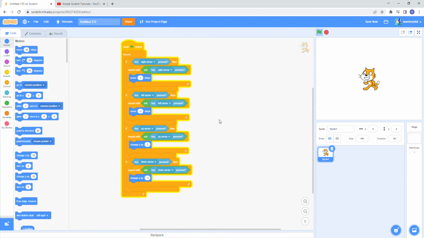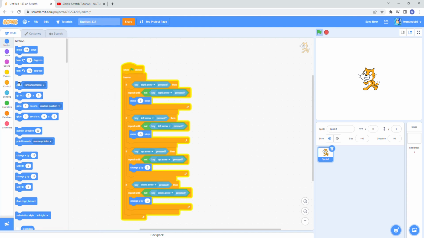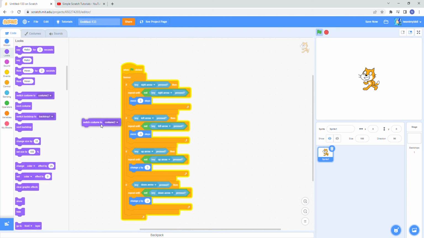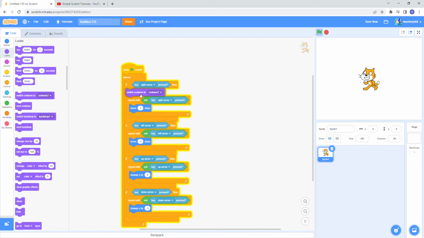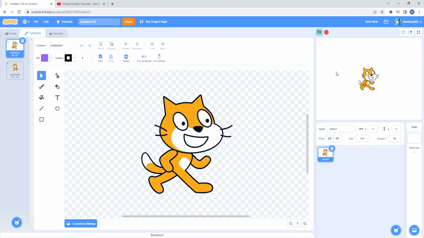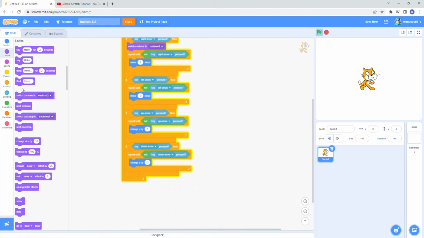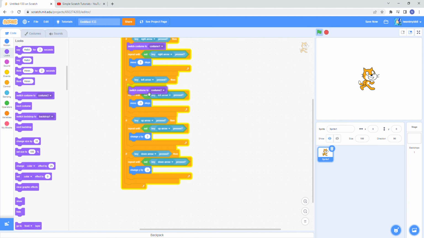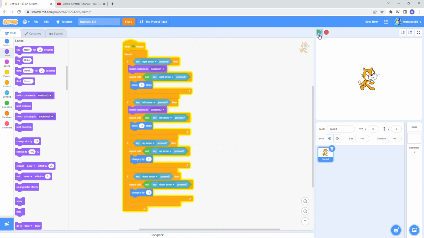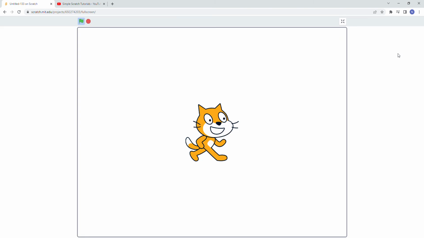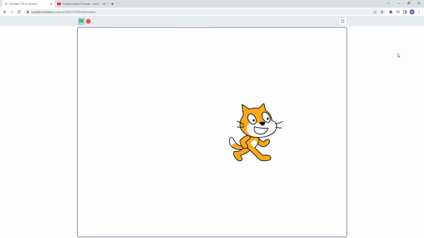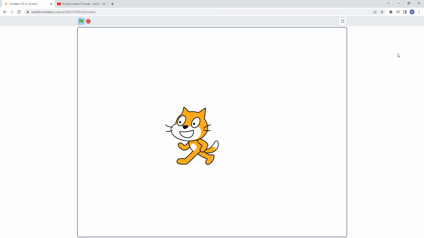And then what you're going to do is go back into your code, go to the right arrow, looks, switch costume, but only when key right arrow pressed, so put that right in there but right above the repeat until. Switch costume to costume 1, make sure that's the correct one. Costume 1 is facing right, so you know you've done that correctly. Then go to the left arrow one and then switch costume to costume 2 in that same spot. And what this is going to do is when you click the right arrow it's going to face that way, when you click the left it's going to face that way. Then you can go up and down